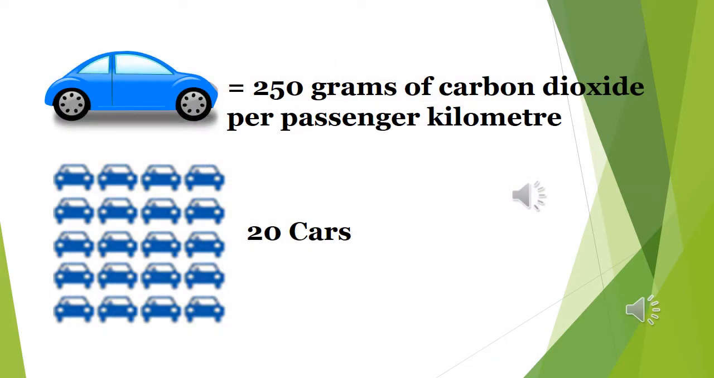This is compared to 5,000 grams of carbon dioxide released by cars if all 20 passengers decided to drive their own cars to work, as opposed to taking public transport. To create this solution, we must do a multiplication to work out how much carbon emissions are produced per kilometre